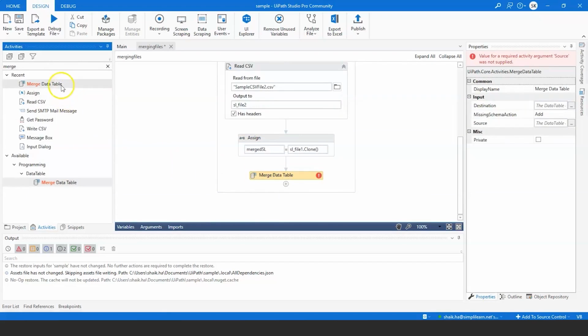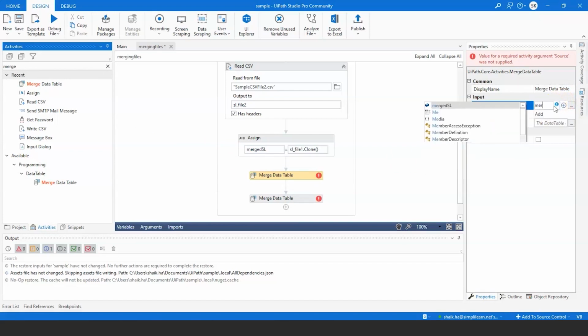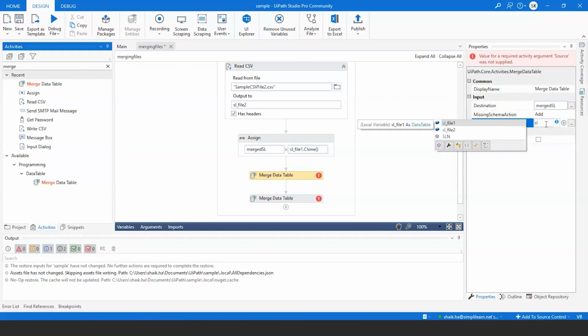We need two merge data table activities. So drag and drop, and specify the destination and source here. The destination is the merged SL, and the source is SL_file1 for the first merge data table.